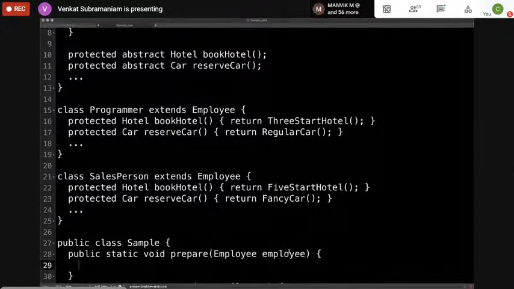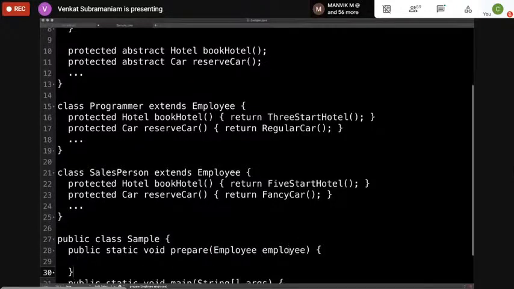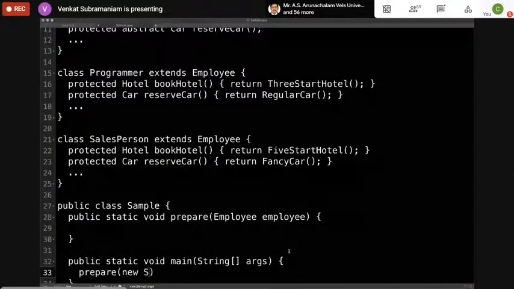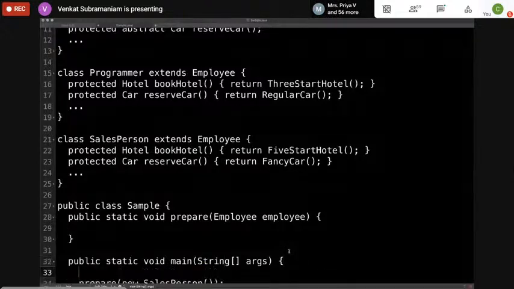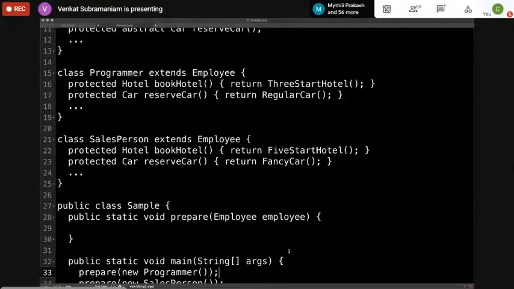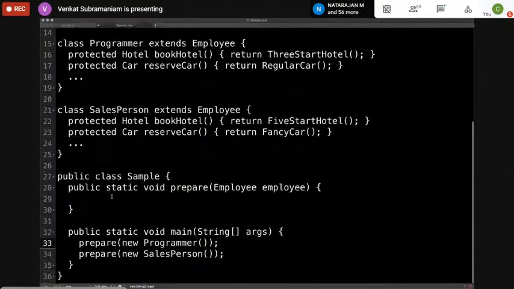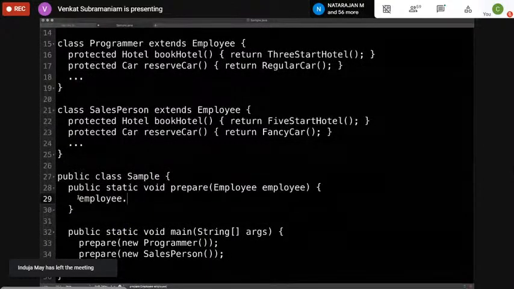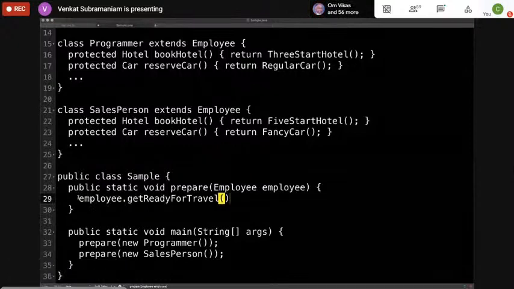Now, before we get to that method, I might say prepare a new salesperson, if you will, or I might even say over here, prepare, and this could be a new programmer or a manager and so on. But then what am I going to do in here? I'm going to simply say employee dot get ready for travel.